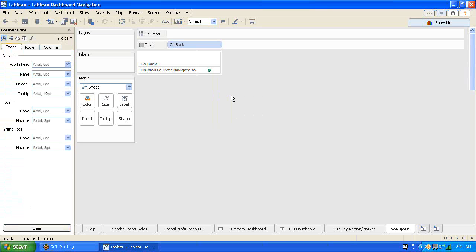Format, either you change it in the format or you can do it this way as well. Shift Control B, so that it will maximize, so that you can set it to the size you want basically. Alright, so on mouse over navigate to another dashboard or go back to the previous dashboard, that kind of thing. So you did that, and now